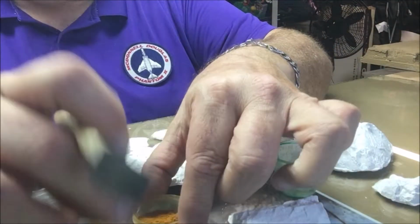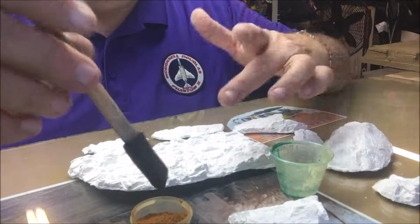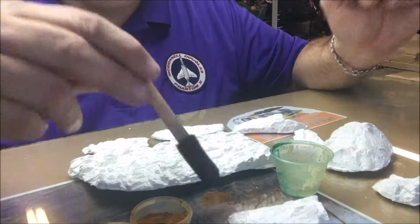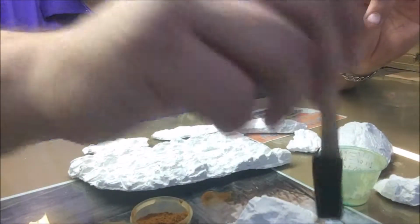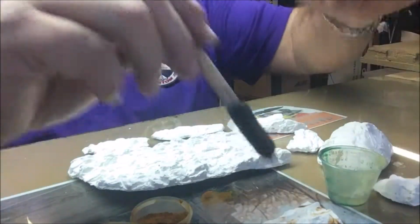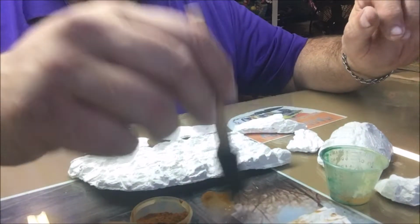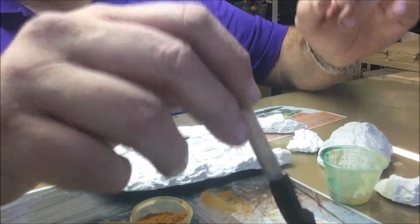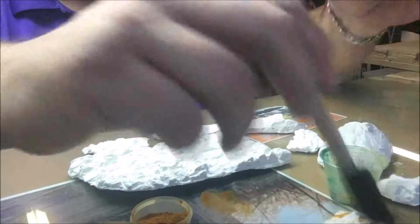with the yellow oxide, and I'm going to mix up. I'm just going to do it right here. I'm going to take a little bit and put on here. And then I'm going to start doing what's called the leopard spotting technique. And I'm just going to kind of go around, and if I get it a little bit too pigmenty, I can add a little bit of water. And I'm just going to put it in random spots around the